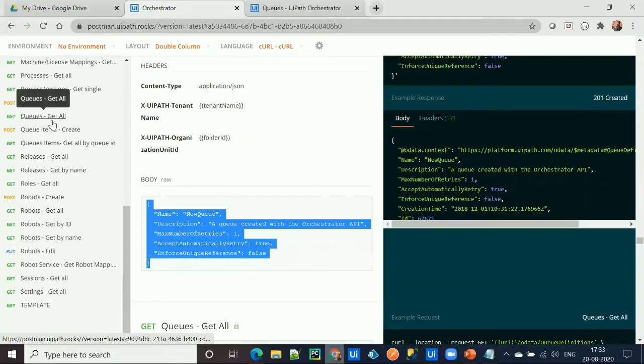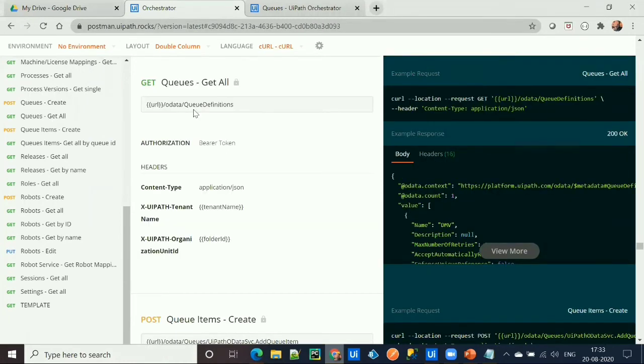Similarly, to get the queue details, we'll need an endpoint to call. And with the help of this API, I'm going to get all the queue details available on our orchestrator. This API accepts the HTTP method as GET. This will be our endpoint. As I already told you, we don't need to mention anything from this, as our orchestrator is already connected with our robot. So let's go ahead and call this API through the orchestrator HTTP request activity.